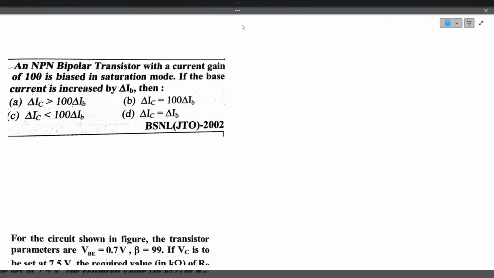Next question. An NPN bipolar transistor with a current gain of 100 is biased in saturation mode. This is very important: saturation mode, it is biased. If the base current is increased by delta IB, then what happens to the collector current? So when the transistor is in saturation mode,